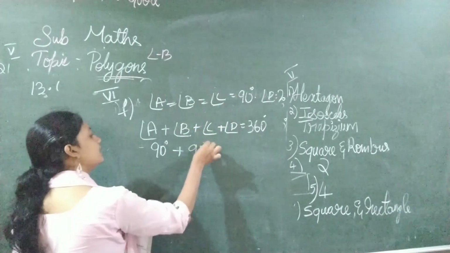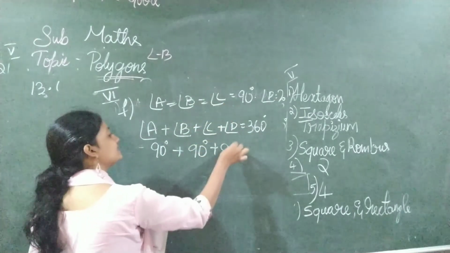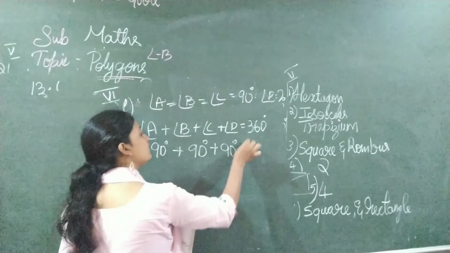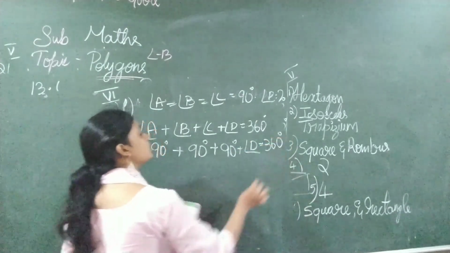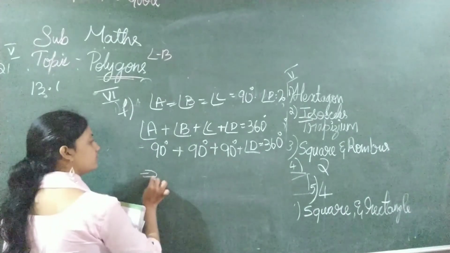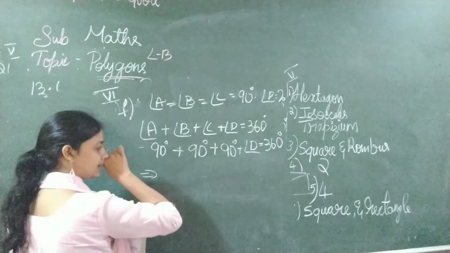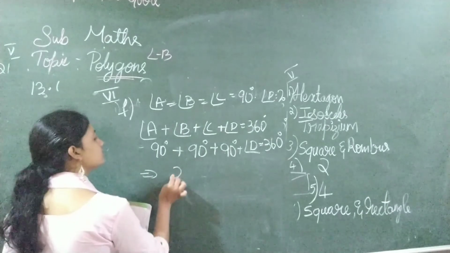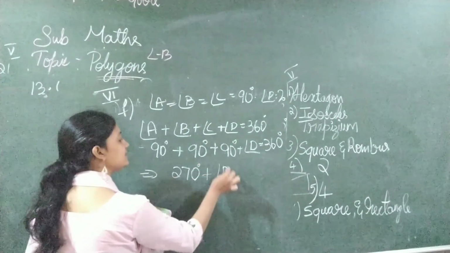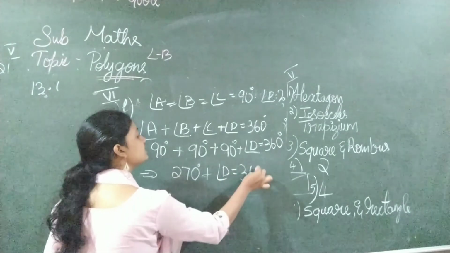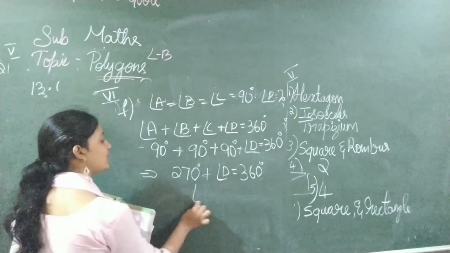So 90 plus 90 plus 90. I don't know angle D, so I keep it as it is, equal to 360. So 90, 90, 90. What is the answer? It is 270 degree. Plus angle D is equal to 360 degree. Now to find angle D,